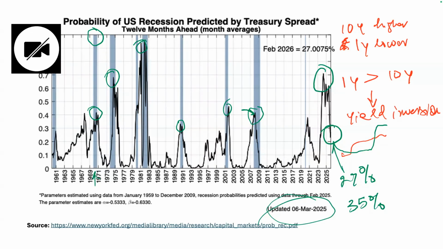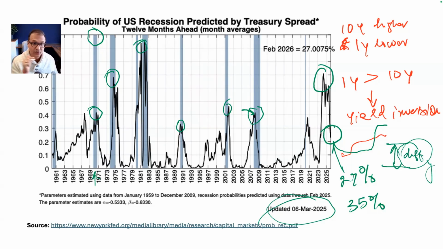Oh, so the y-axis is actually the probability of getting into recession. Correct. Okay. Thank you. And that probability is the difference between the yield curve, so short term and long term. So as this difference increases, so this is the difference. This difference is the values of the y-axis. Okay. Thank you.